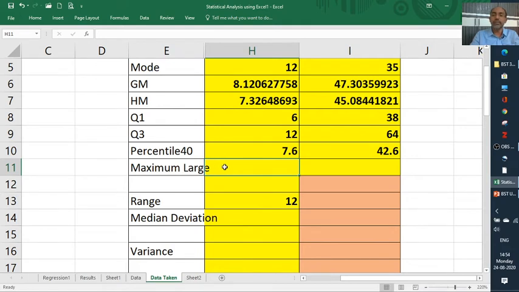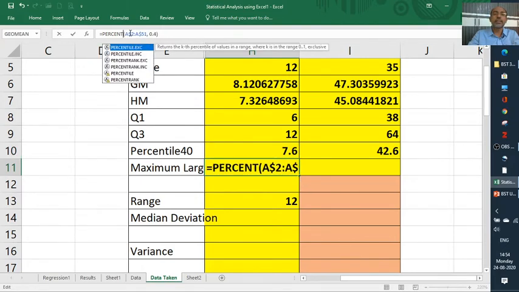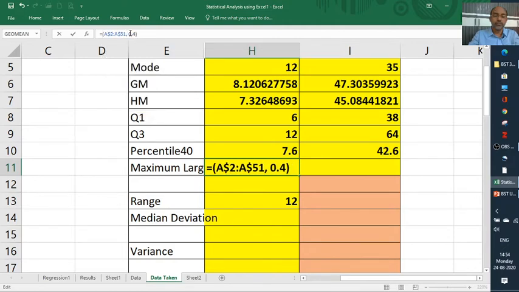So I use MAX, a formula where you'll get the largest number. Is it okay?